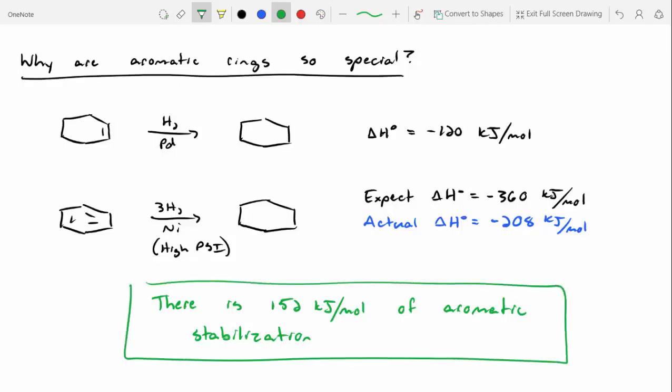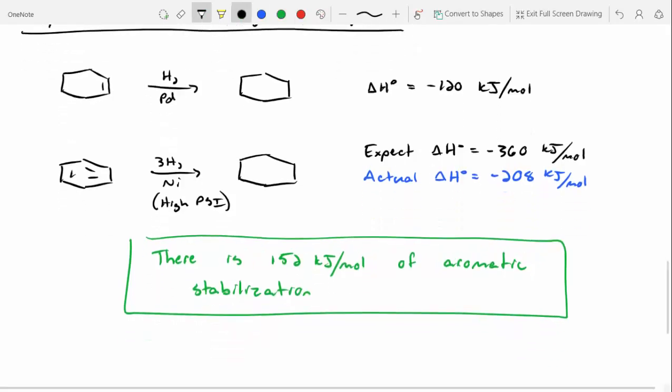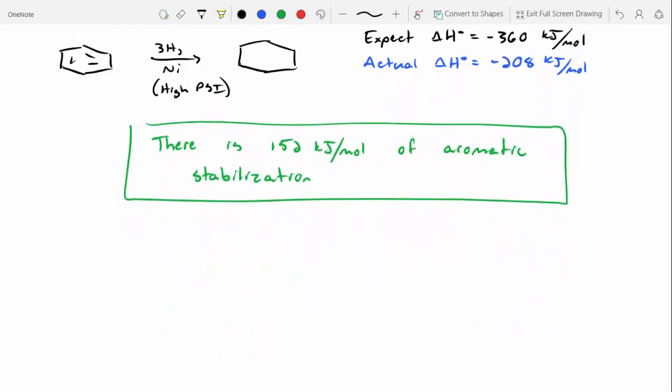And this is in comparison to a normal alkene system like cyclohexene. And this explains why the double bonds within the benzene ring don't do the normal reaction that double bonds do, right? So if we remember back to this term,